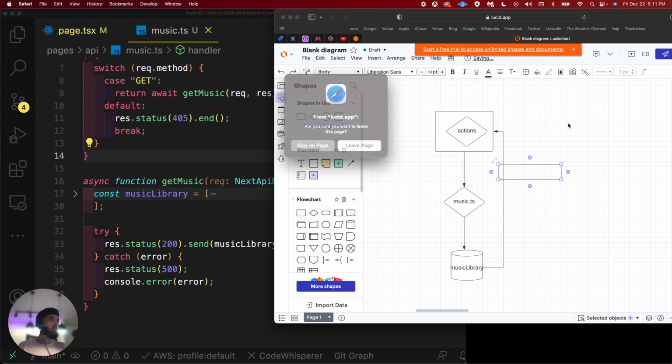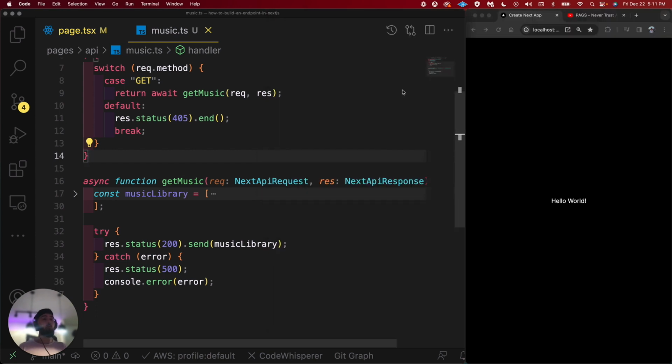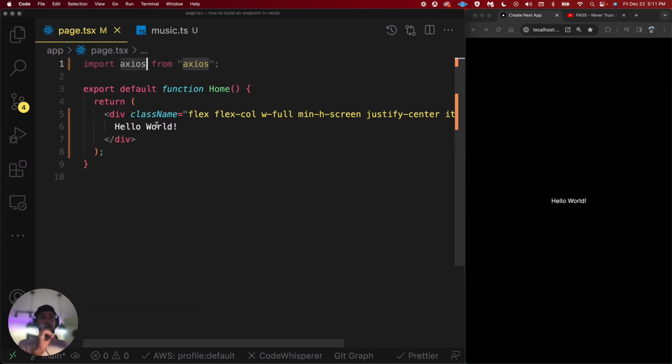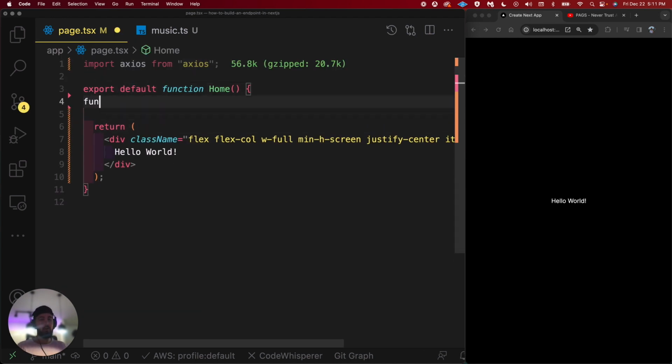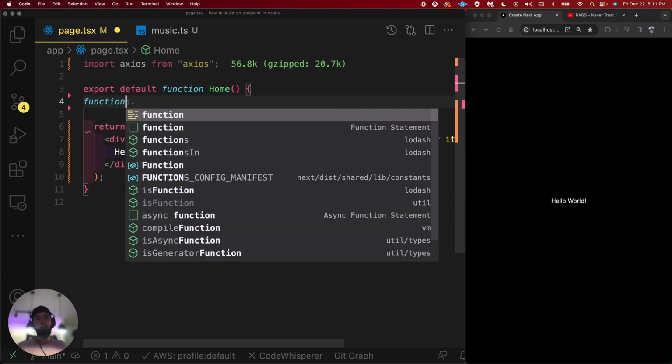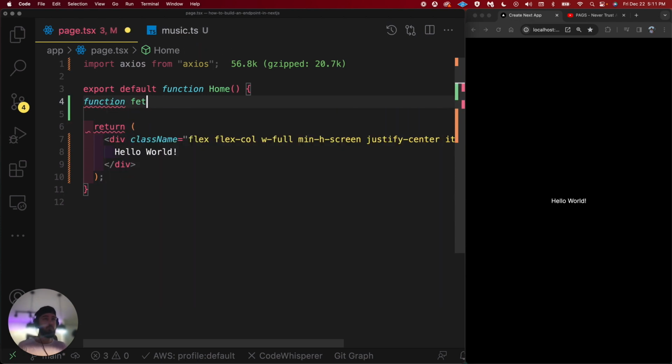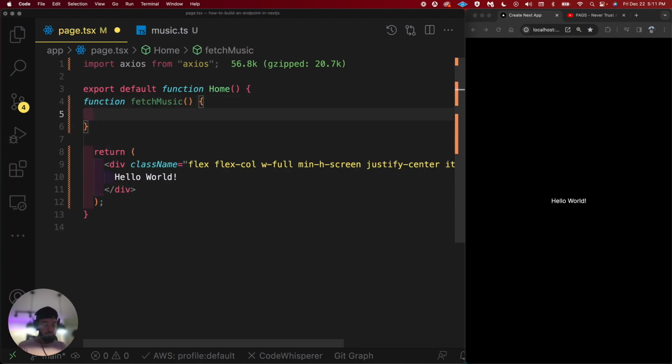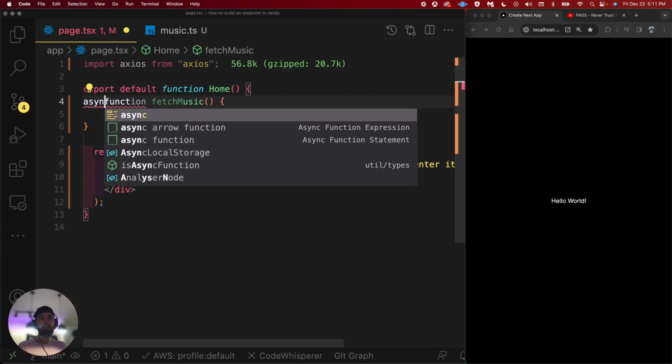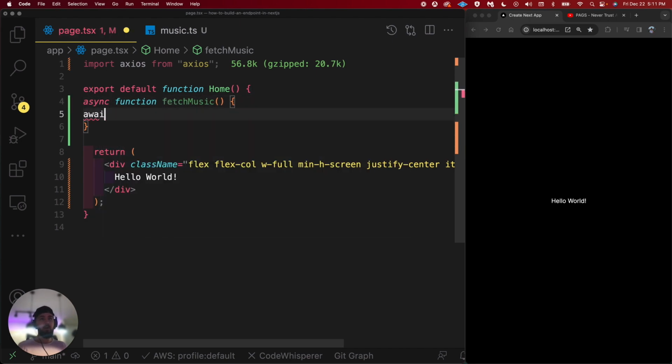Let me get out of that. The steps of what's going on. So let's build for that. Now, to trigger the front end response, we want to build a function on it, right? We want to say function getMusic or fetchMusic, whatever you want to name it. Either or is perfectly fine. And I'm just building out my function. And what I want to do is make it an async and await function. And I want to say